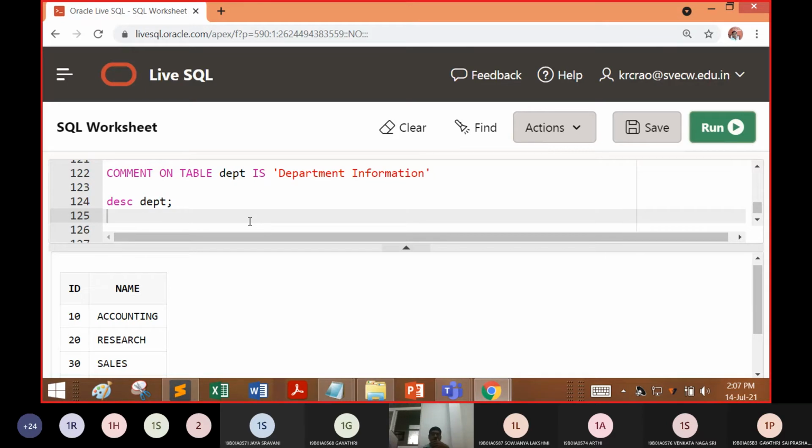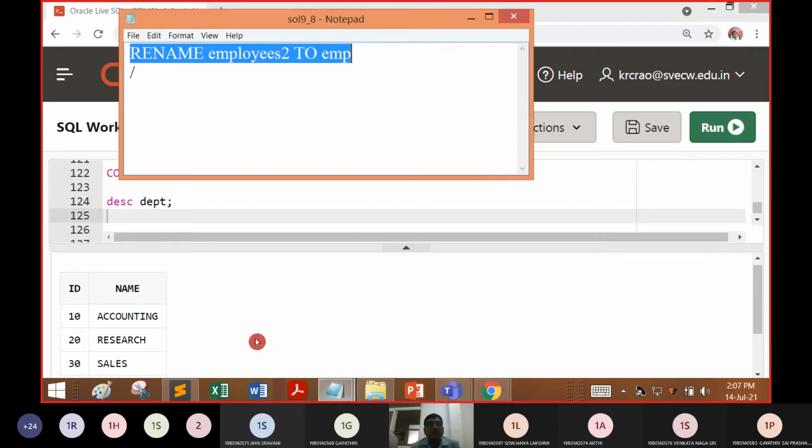Internally, only DEPT will be there, right? Our complete name will not be used by our mother or father. They will call us with a nickname. That is a short name, an acronym, which will not be used outside. But on the other side, it is department information as a whole, while internally it is going to be taken up as DEPT. So that is where this comment is going to come into the scenario.